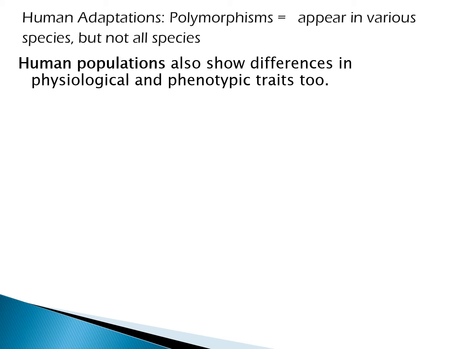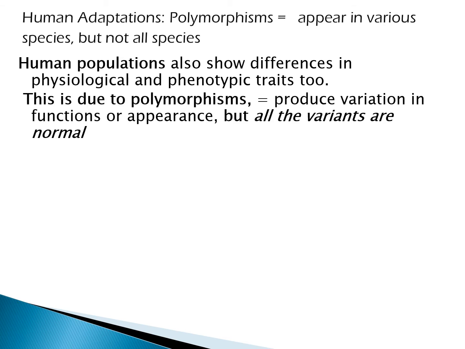So human populations now and for a very long time have also shown differences in physiological or phenotypic traits too. Phenotype, remember, is the outcome of your genetic combinations. And this is the heart and soul of what we think of as polymorphisms. Production of variation in function or appearance. But here's the big difference, not just variations. All the variants